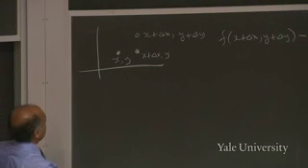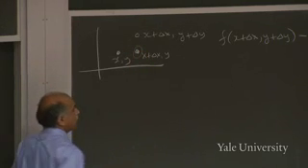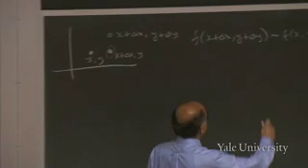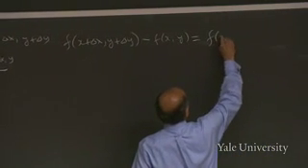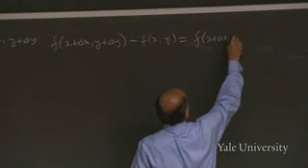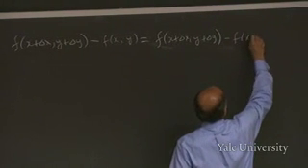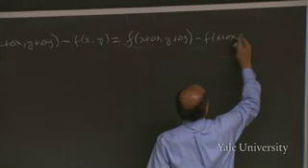And I'm going to add and subtract the value of the function here. Adding and subtracting is free, it doesn't cost anything, so let's do that. Then what do I get? I get f of x plus delta x, y plus delta y, minus f of x plus delta x, y,